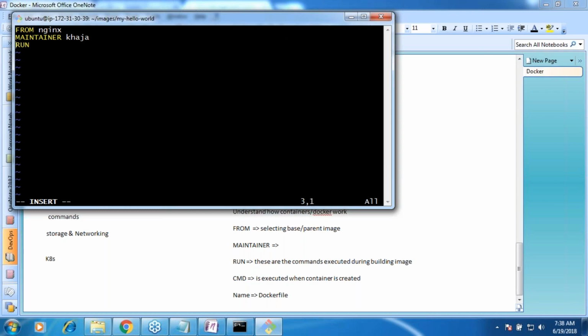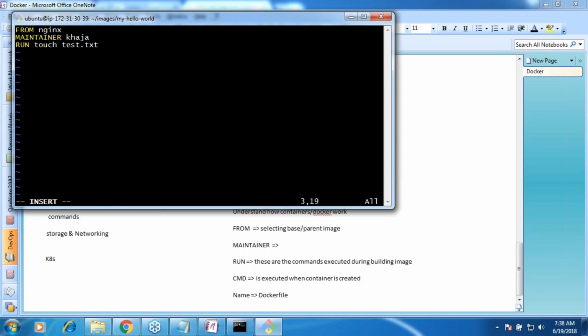Fine. Now here I will be saying touch test.txt. That's it. This is my build step. Is it huge? No. But it is basic Linux commands that you are trying to execute over here. So we'll follow that approach.